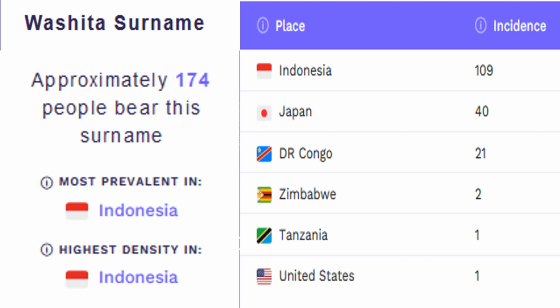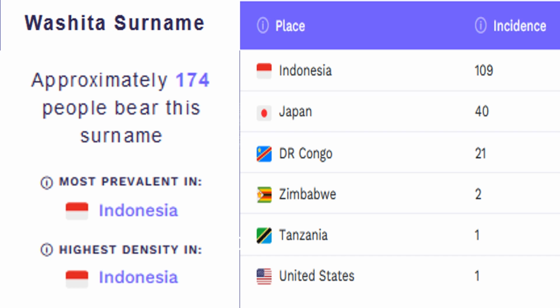And let's just look at some of the dynamics related to the name Washita. We've looked at some of this before, but let's look at it more closely so that, when you start to frame your research, your identity search, you have a better idea of where you need to be looking. With this name Washita, it's not something that is primarily found in the United States, in America. It's primarily out of Indonesia. You can see the overwhelming majority of people with this name are in Indonesia, followed by Japan.